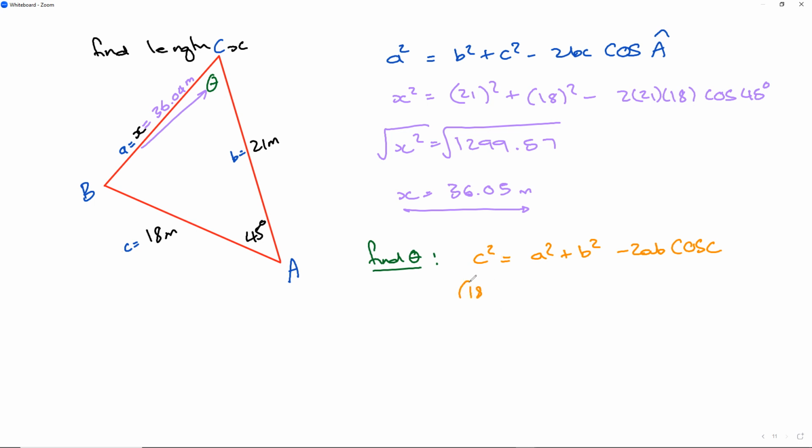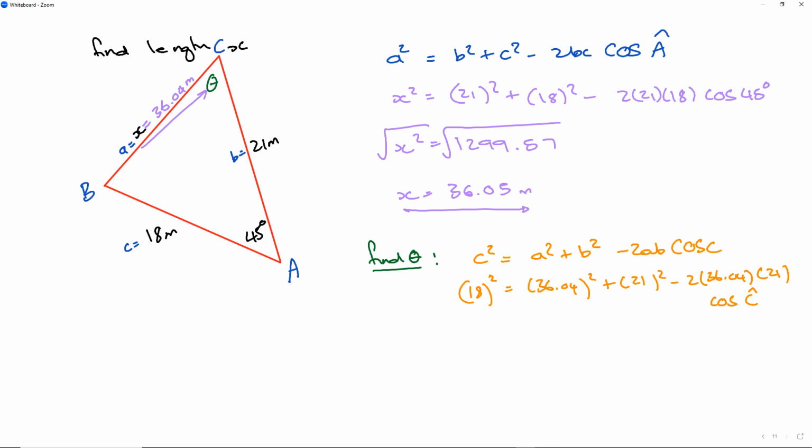So that's going to be 18 squared equals A, which is going to be 36.04 squared, plus B, which is 21 squared, minus 2 times 36.04 multiplied by 21, cos angle C,